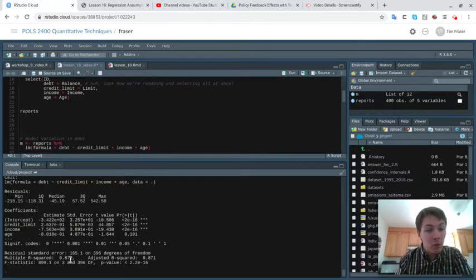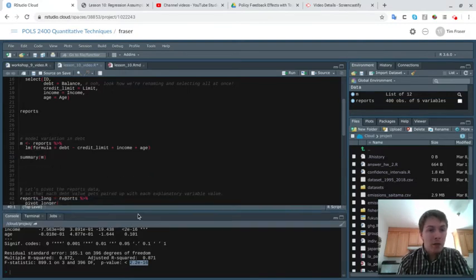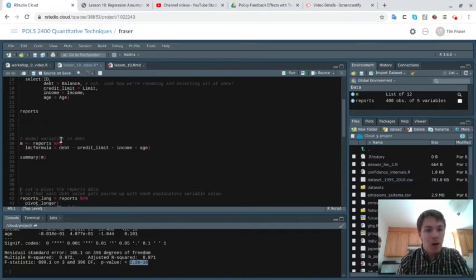We see that our model has an R-squared of 0.87, which is huge. That is a really good model. And we see our F statistic is pretty high. It's way bigger than 0, and so it has a very extreme p-value. So that's pretty significant. By the way, you'll notice this p-value a lot. This is what happens when you have a really extreme one. It says that the p-value is less than the smallest value that R can produce, 2 to the negative 16th power. Okay, so we've made a model. We've interpreted the model. Now we want to test,